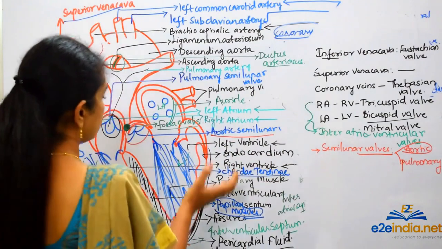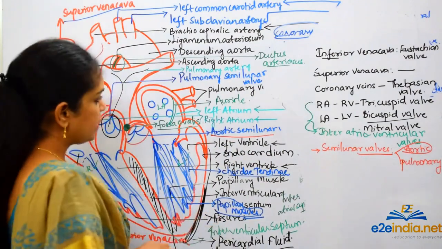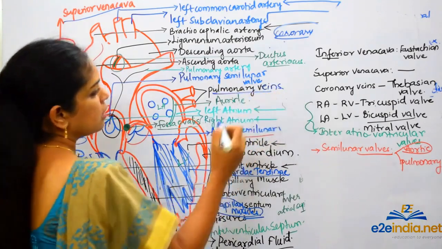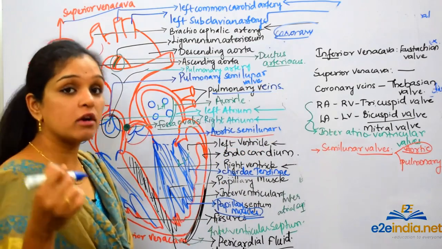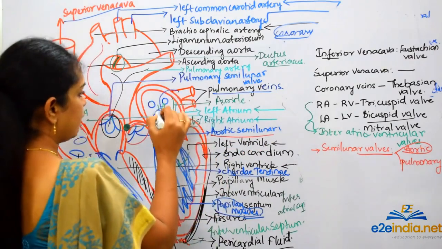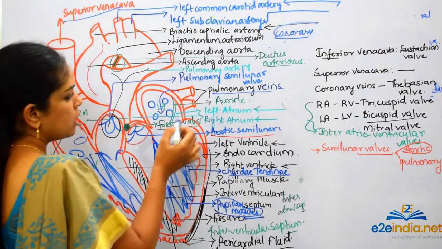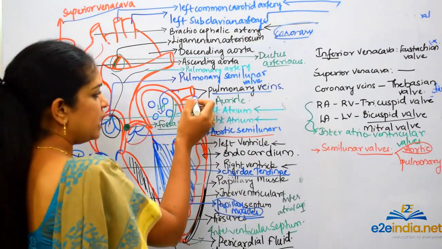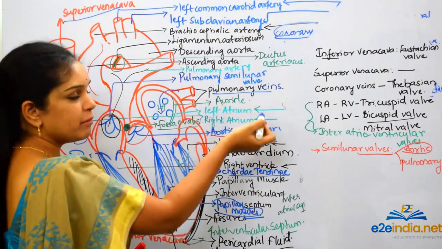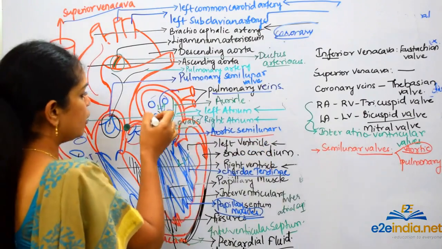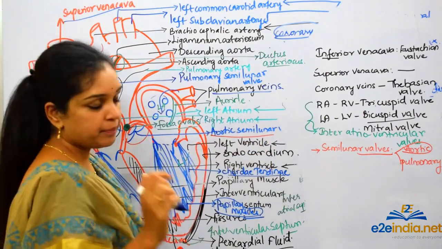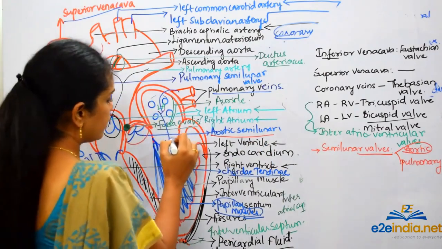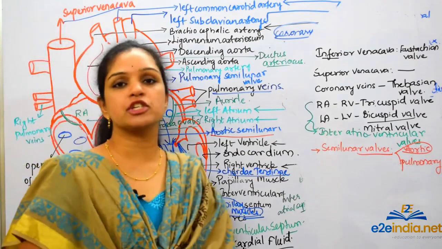And now when it comes to the movement of the blood, the pulmonary veins from the lungs will bring the already oxygenated blood into the left atrium. So, how many pairs of pulmonary veins are there? 2 pairs. So, these pulmonary veins will bring blood from the left and right lung and open through 4 openings. And the oxygenated blood will be dumped into the left atrium,